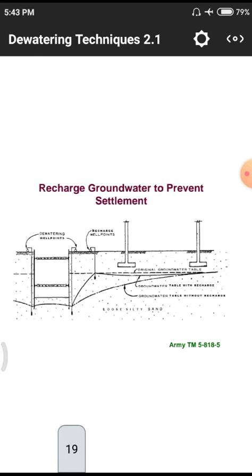Whenever we observe that kind of settlement in a structure, definitely we need to go for groundwater measurement. That means up to which depth we have the groundwater. We need to compare the previous case and today's case, what the groundwater availability conditions are, and whether there is any depletion. To control that depletion we need to surcharge or recharge a particular amount of groundwater.